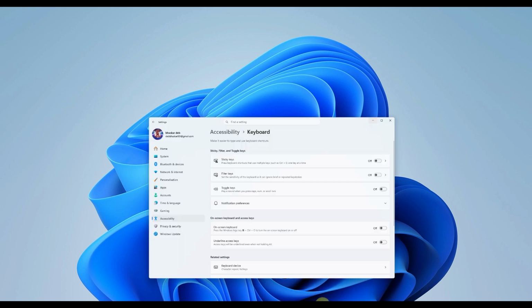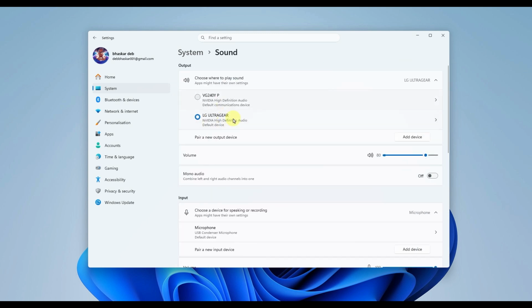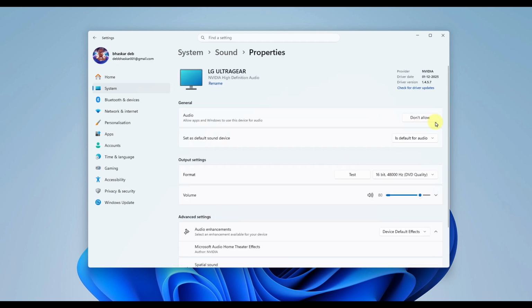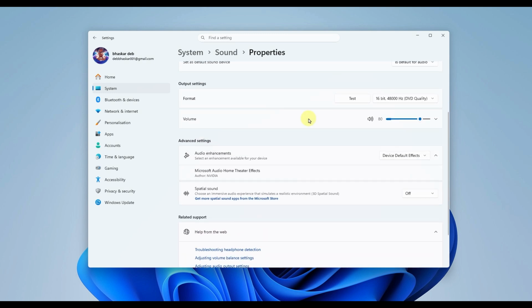Open your Windows settings, ensure you are on the System tab on the left sidebar, and click on Sound. Click directly on your primary output device, such as your speakers or headphones, to open its specific properties menu. Scroll down to the Advanced section, look for Audio Enhancements, and change the drop-down menu from Device Default Effects to